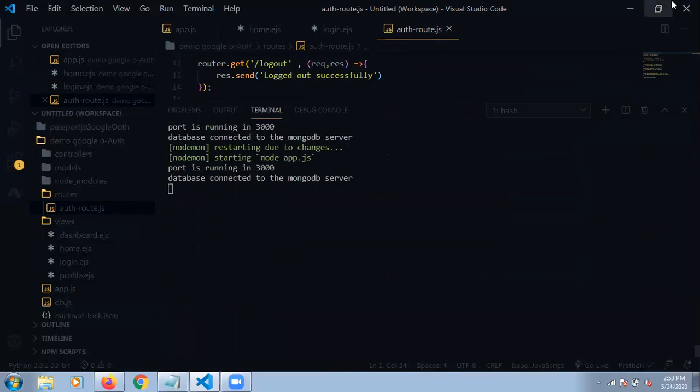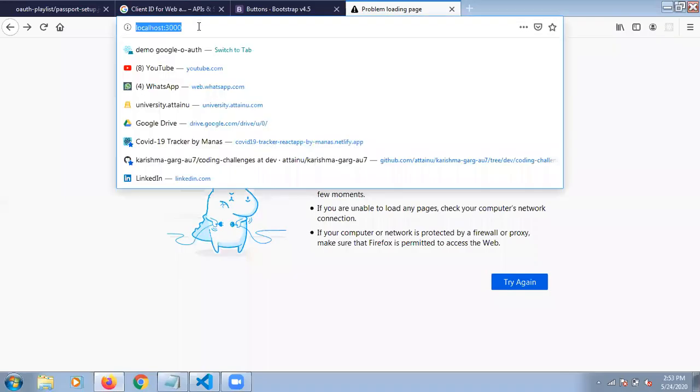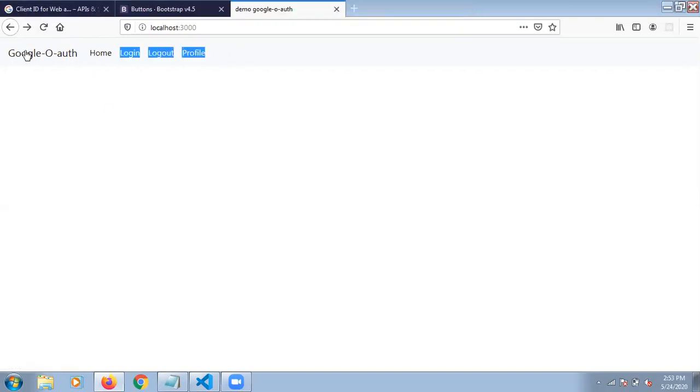See, our database is connected and everything is going fine. Just refreshing. My application is running fine. Okay, since we already explained that this is connected to our login page, you can just click on the login page. You can see that our login page is now loaded, but there is some CSS problem.